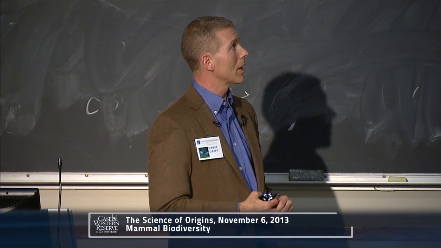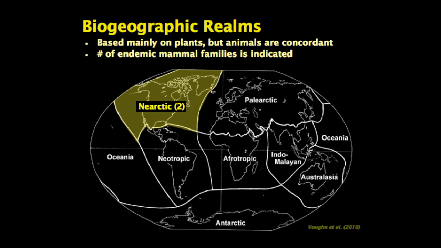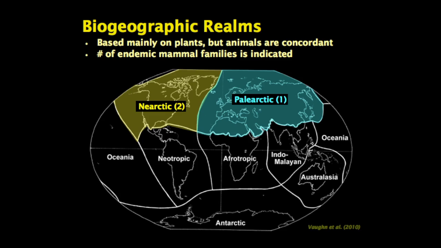Here in North America, we're in the Nearctic realm in the northern hemisphere. And the number in the parentheses is the number of families of mammals that are endemic to that region, which means they're only found in this region today. And they both happen to be rodents. They're the mountain beaver and pocket gophers, for what that's worth. The Palearctic region only has a single endemic group. The Neotropical region is quite different.